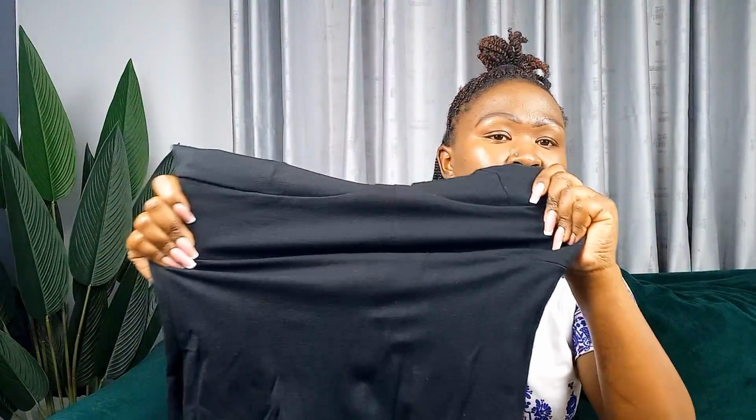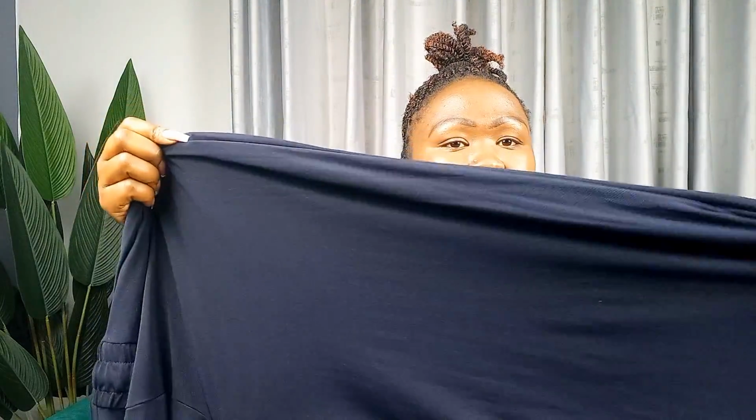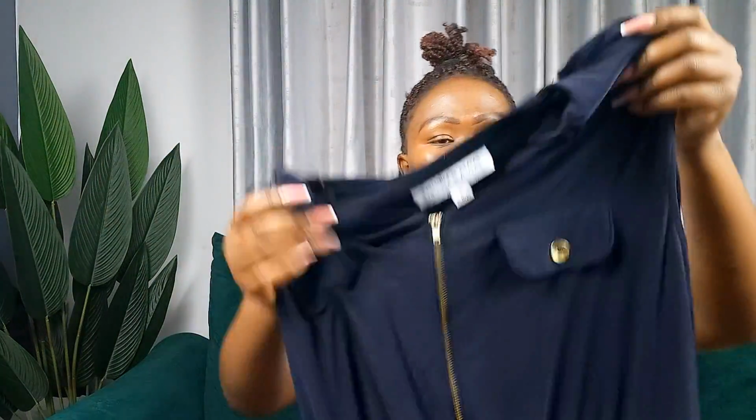So if you're selecting dresses in Gikomba, just make sure the fabrics that you pick are very firm, and especially kama nguo ni bodycon. By the way, there's also this fabric, hii inaitwa poly. This is a material that they call poly, and this is my jumpsuit. So kuna this kind of material, I don't know whether you can see that. Yeah, kuna this kind of fabric, and most of the time pia